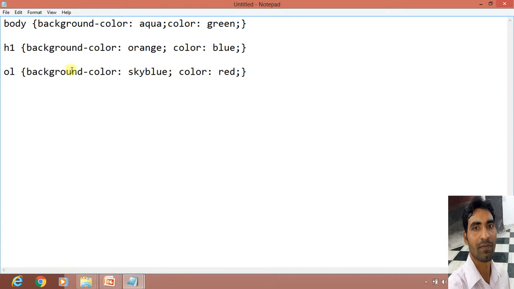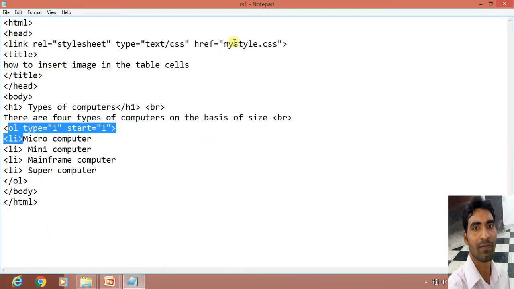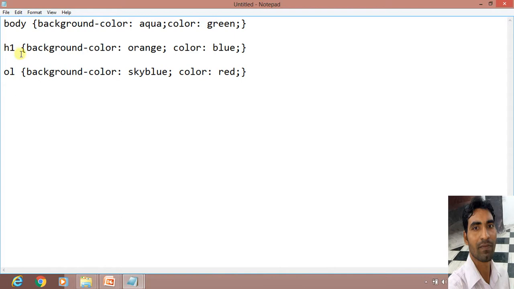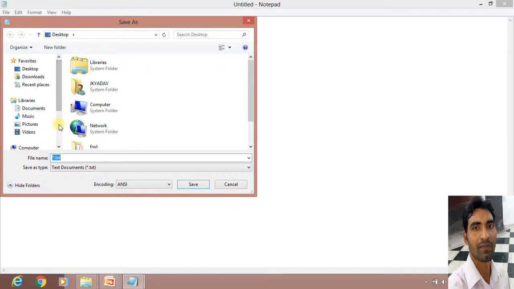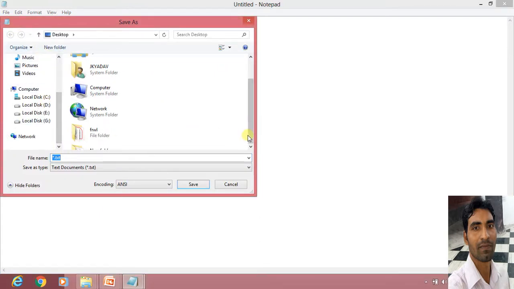Now save this file. Remember what link we have given in the HTML file? We have given mystyle.css. So with this name only we have to save this CSS file. So click on the file menu, select the save option or save as option. Then select the location where we want to save. Desktop. On desktop we have a new folder.